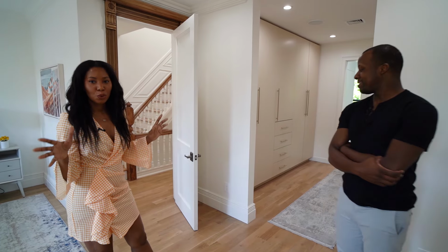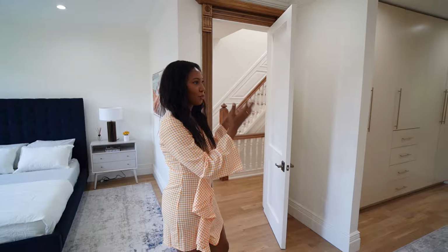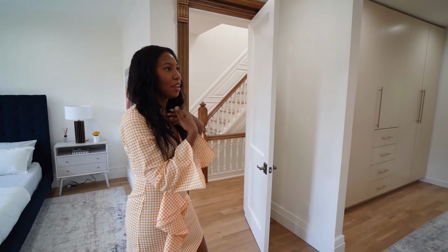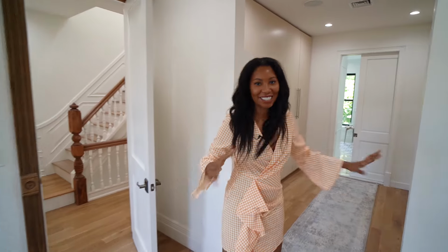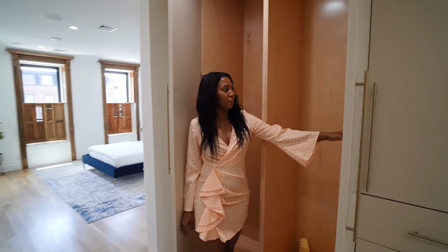After you wake up from your beautiful sunlit bedroom, you're walking through to your own walk-in closet. I'll let you do the honors. This is your show. This is where you live. So what I like is that it has the holes in it,